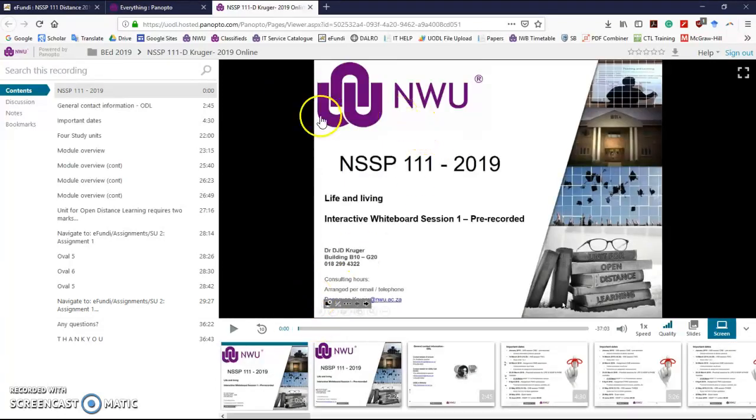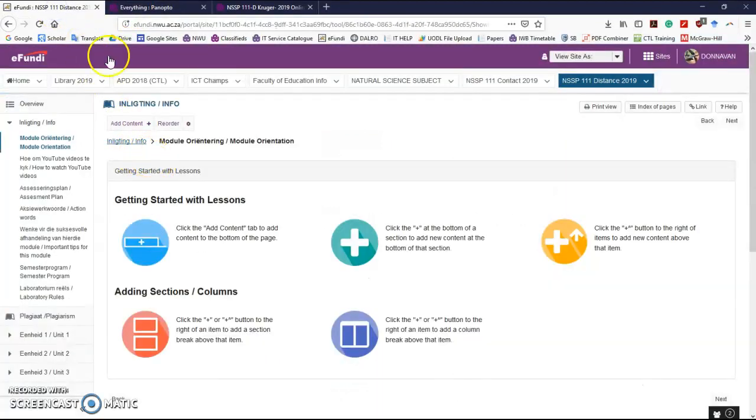Okay, so now you have your video handy, and usually students will navigate up to here to download your video. They can just press this little arrow to download the video and watch it offline. Now let's embed that in our eFundi site. I'm back on my eFundi site with a new subpage, and now I'm going to add